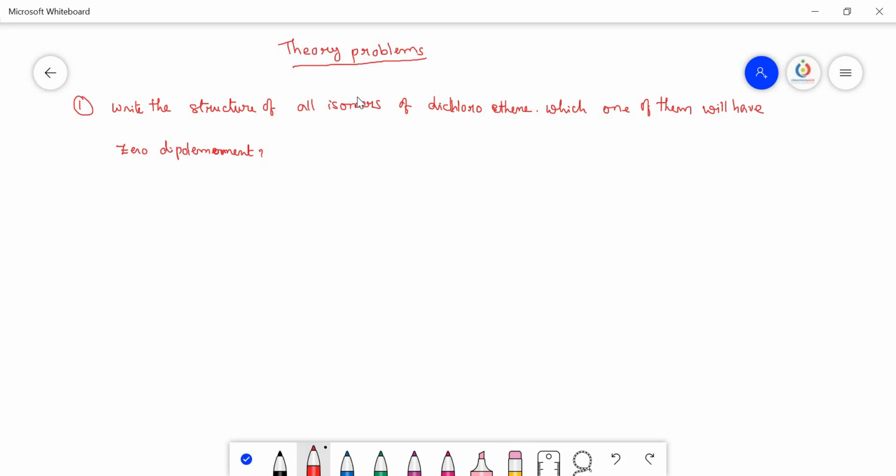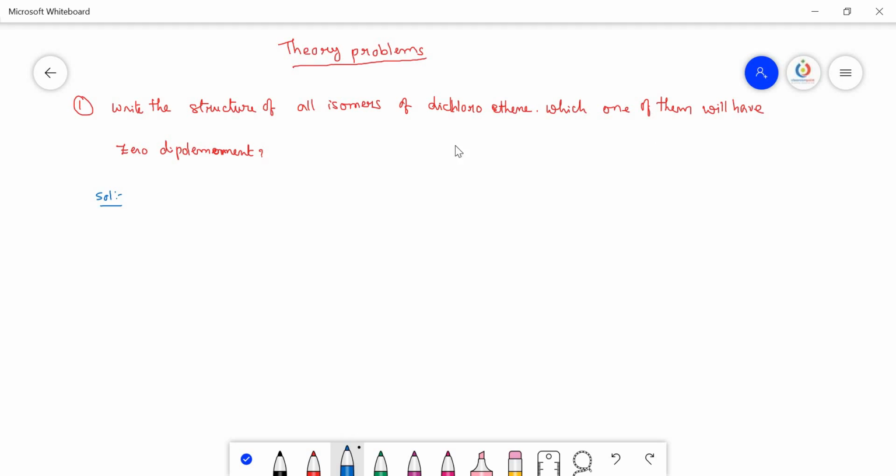So today we shall solve organic chemistry problems. The problem is: write the structure of all isomers of dichloroethene. Which one of these will have zero dipole moment? So the solution for this is,